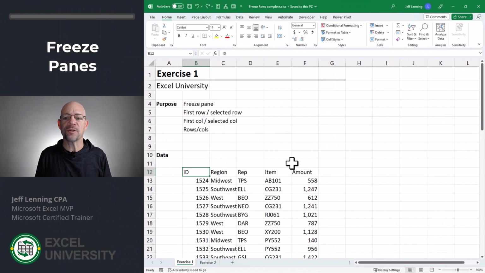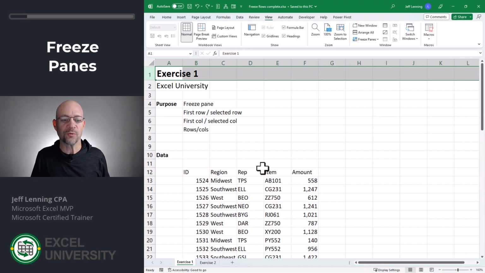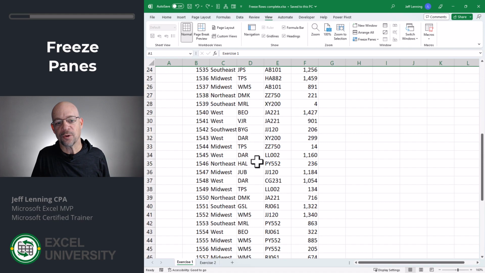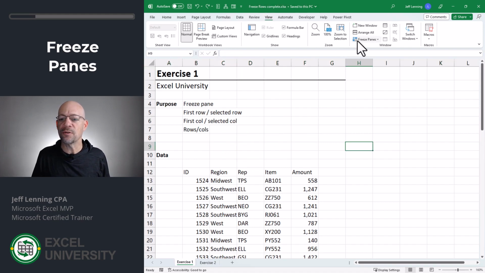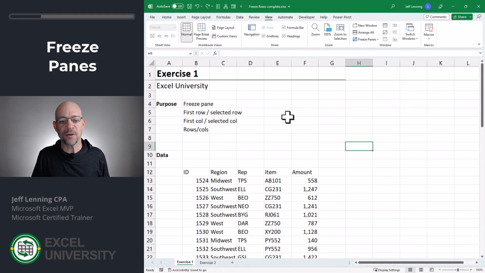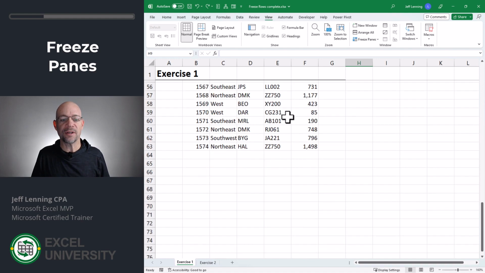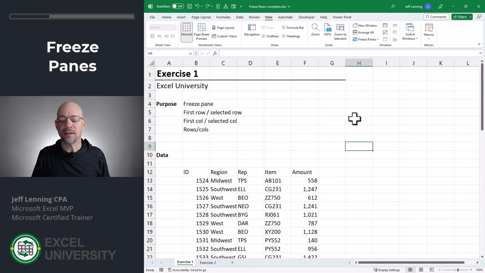All right, in this exercise, we're gonna look at the freeze panes command. So here's basically how this works. We can freeze the first row, we can freeze the first column, or we can freeze the worksheet based on the current selection. So let's go ahead and see how this works. If I wanted to freeze the first row, in other words, row 1, so that as I were to scroll down, I would see the values in row 1, the way that we do that is to head to View, Freeze Panes, Freeze Top Row. And when we do that, the first row is frozen, and as we scroll down, the values in the first row are visible, okay? So let me go ahead and unfreeze that, and let's take a look at the first